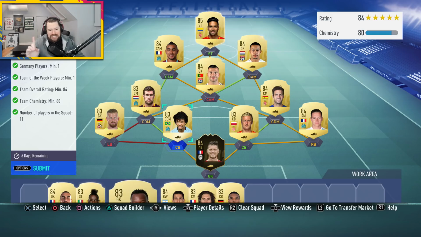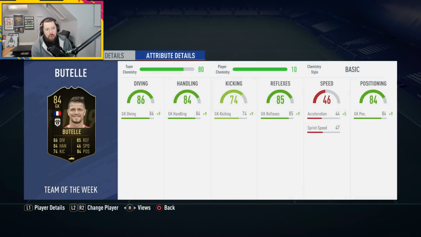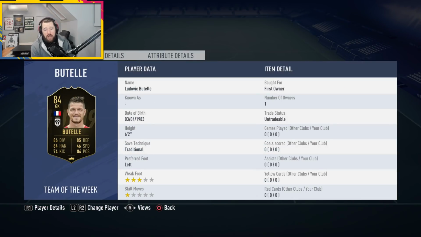As promised in yesterday's video, today we were going to start by completing the Rdiger and Brandt SBCs and then throwing them into a team full of as many Germans as possible, filled out by whatever players necessary to get the chemistry right. And we're starting here with the first squad for Rdiger, and we actually start with an untradeable